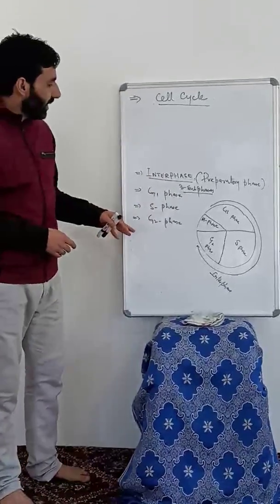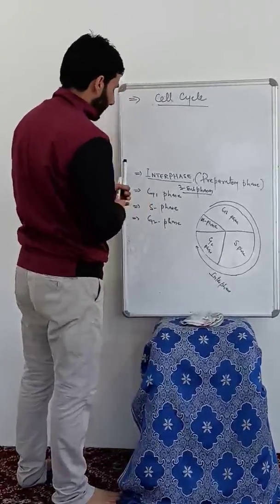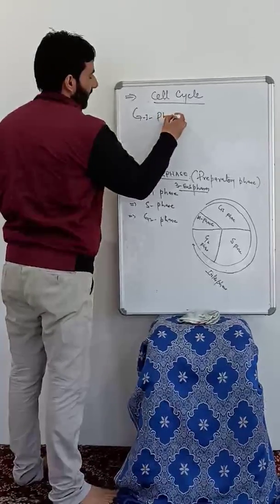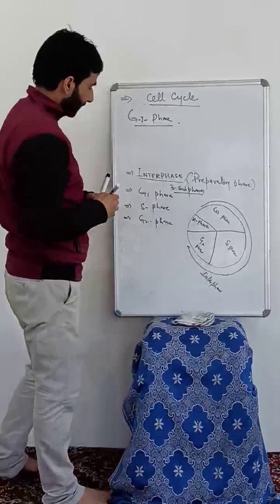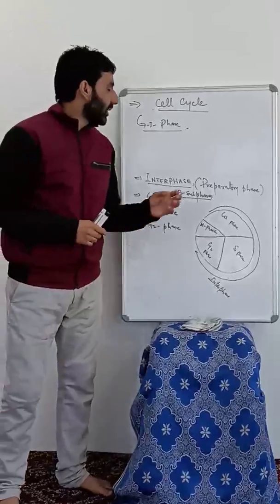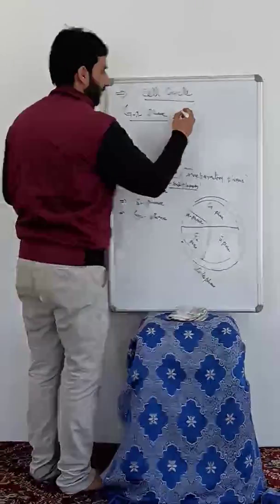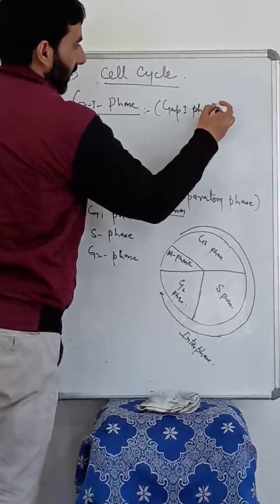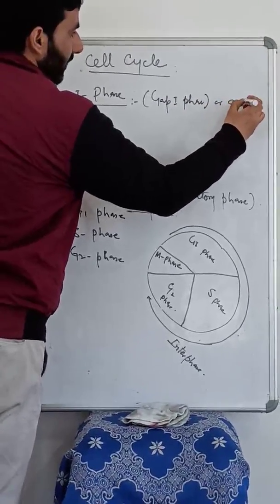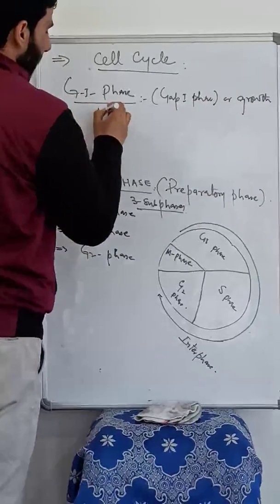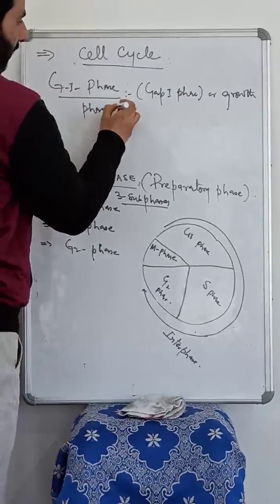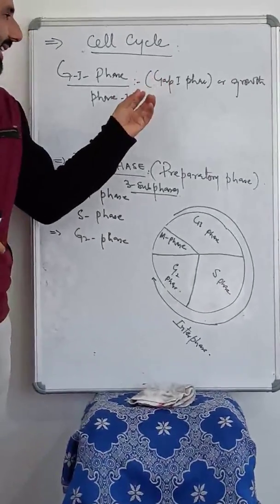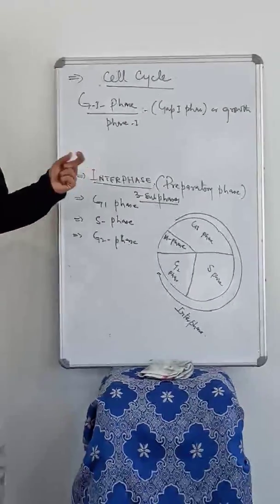Now let's take these phases one by one. First is the G1 phase. G1 phase is also called gap 1 phase, or it's also the growth phase 1. This is why it is called a gap phase, because it is the time interval,